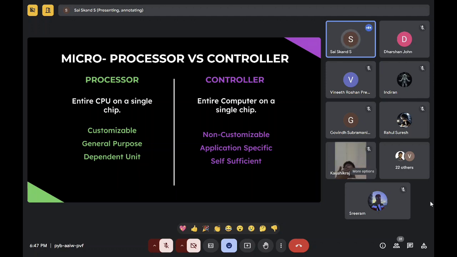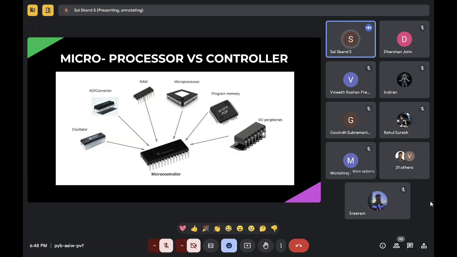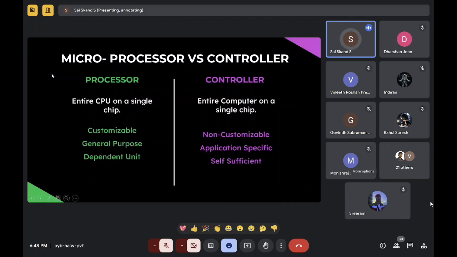Similarly for a controller, it's the same way, but the controller has already been designed. So it is application specific. It will be ideal only for that one application. For other applications, it might work for automotive, but that same controller might not work for some other application. Then dependent unit: at the same point it can be concluded from the previous point itself. It needs other components to work properly, the other peripherals as mentioned in this picture. But in the controller, it's self-sufficient. It's pretty obvious. So I think you're all clear of this, right?